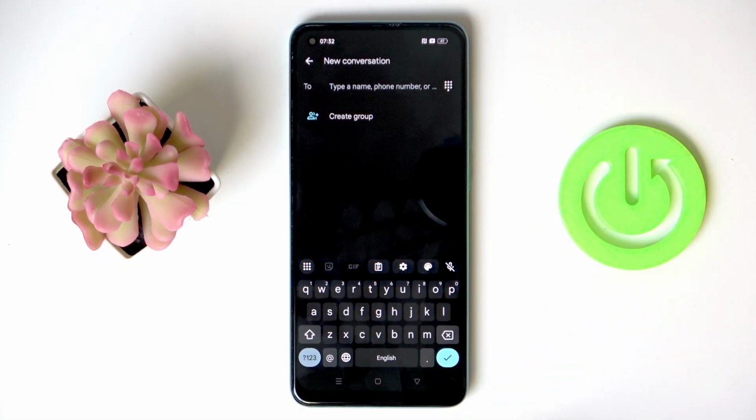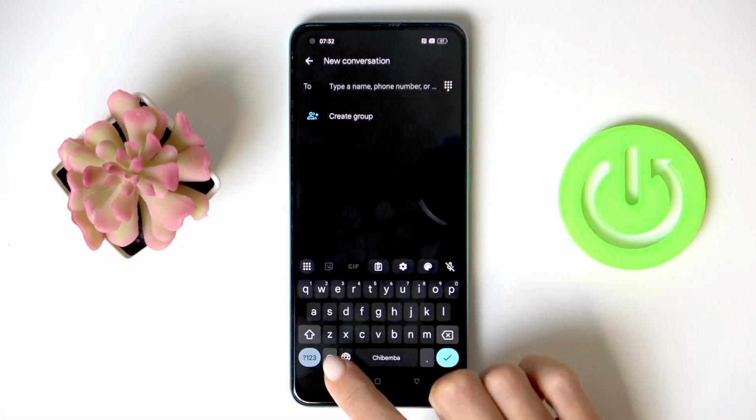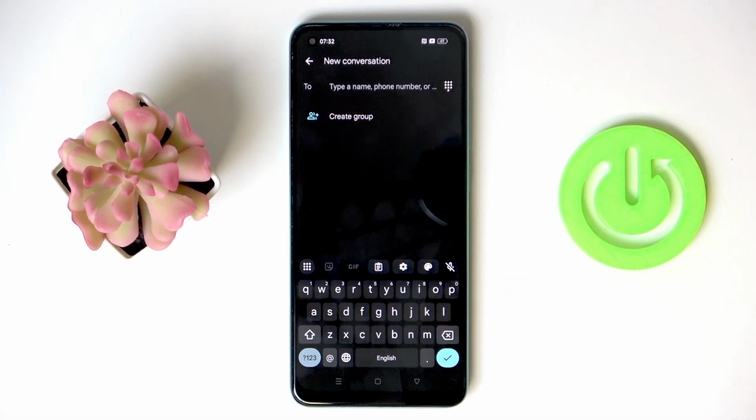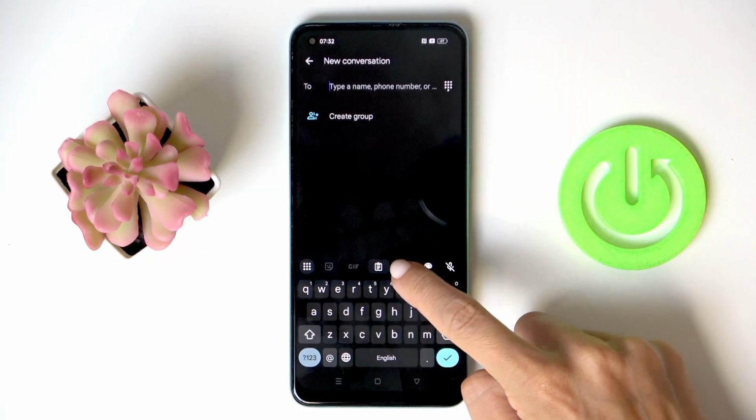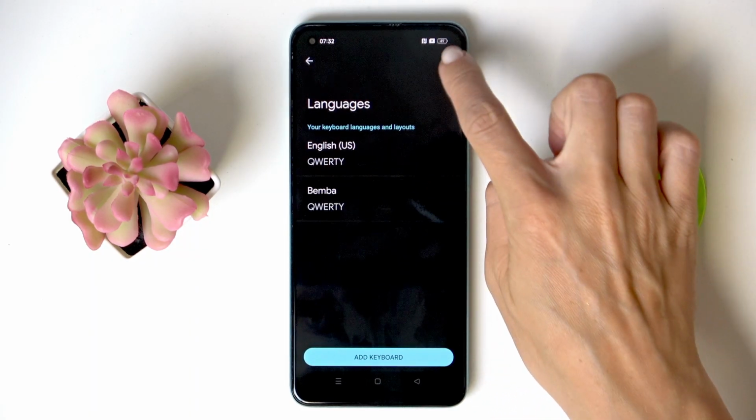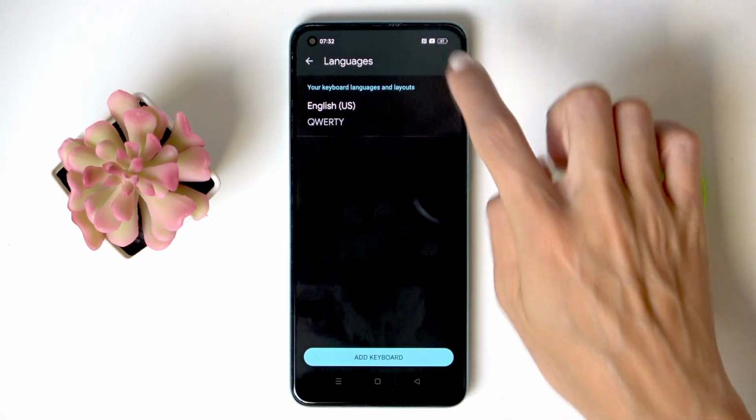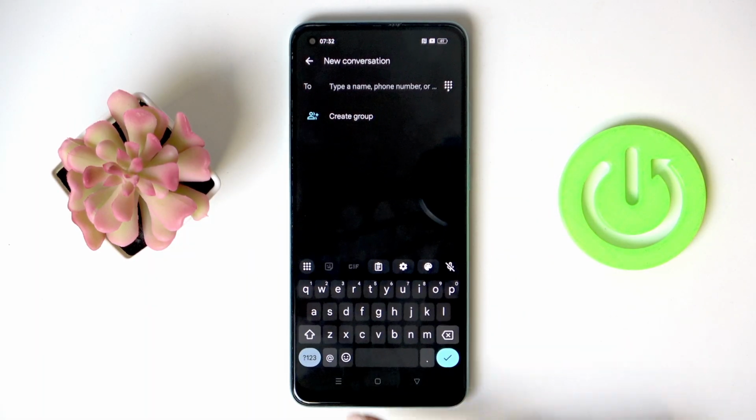Now you can switch between them by tapping on this word icon, and here you will get the information which language it's currently on. And once you want to have one language only, just mark settings, go to languages and remove unnecessary one. And now once you go back, this icon